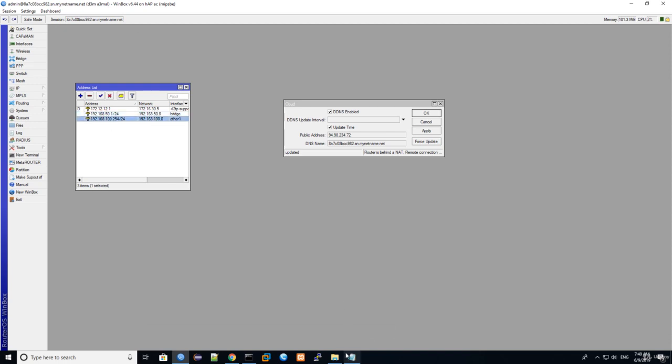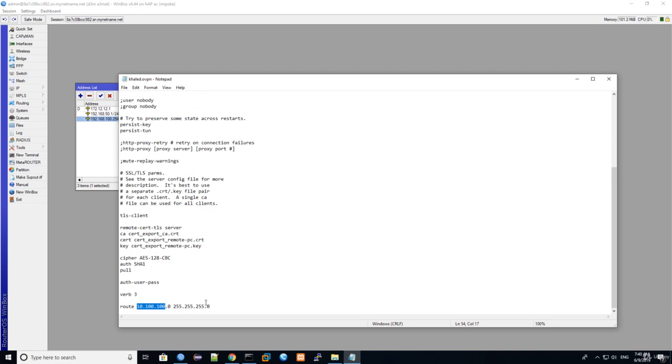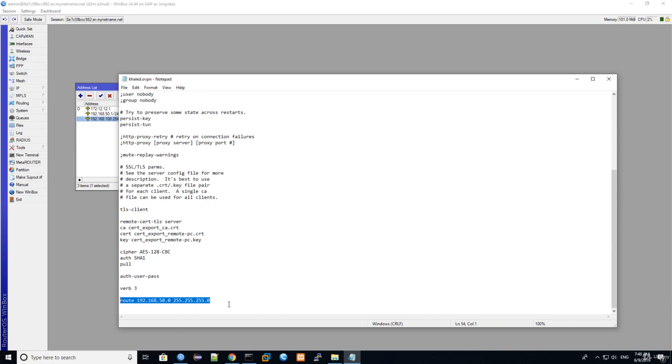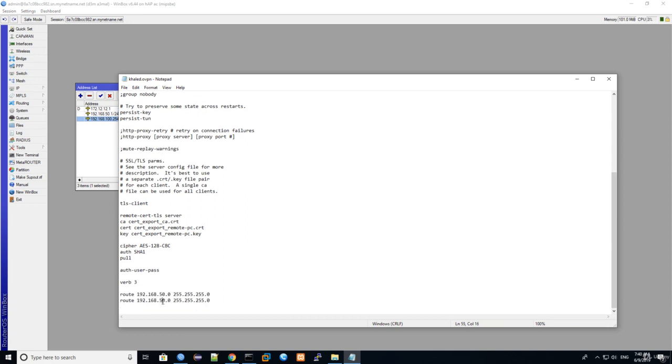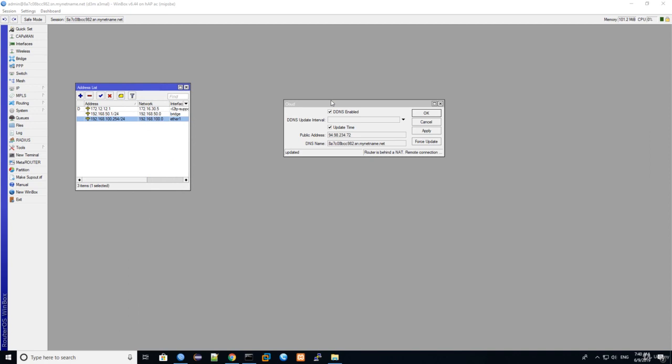So I will put here 192.168.50.0 and I will give it the subnet 255.255.255.0, and I will copy this one. I will paste it and I will put here also the network 100. Then I will save, Control S, then I close. After we finish all of this,